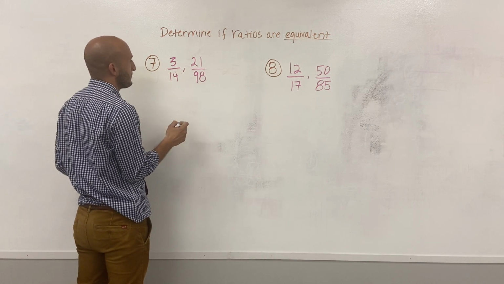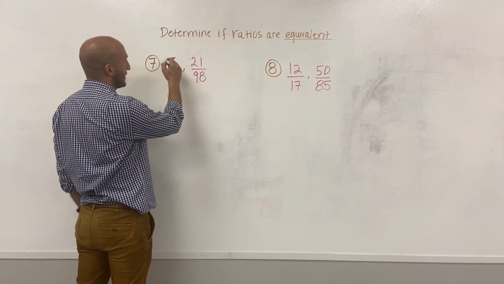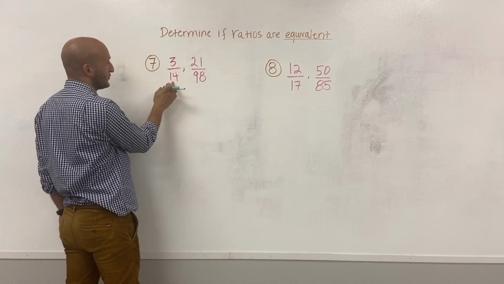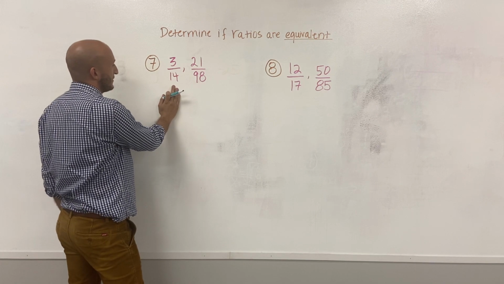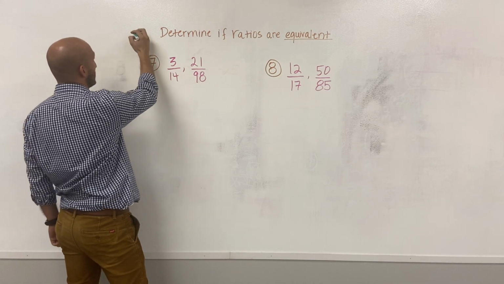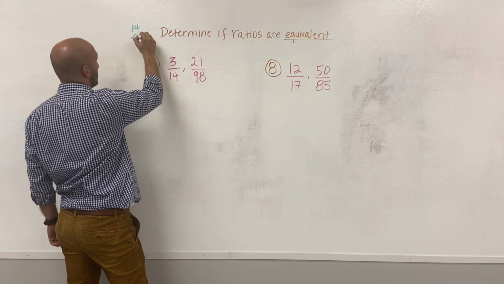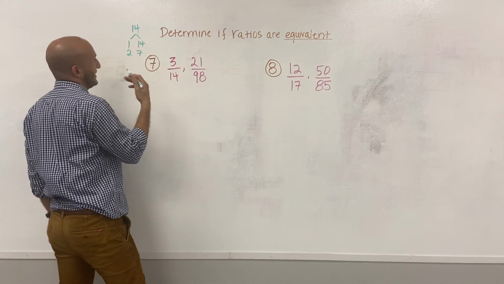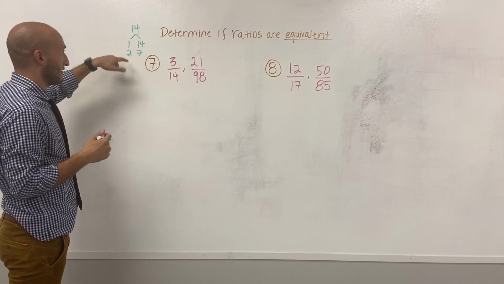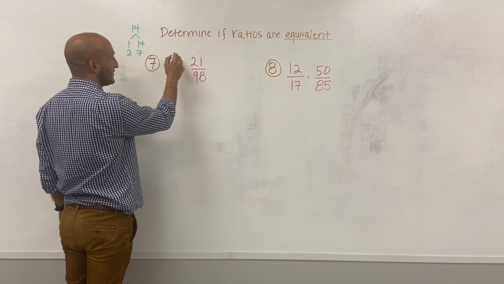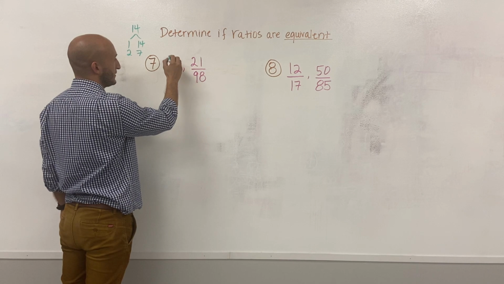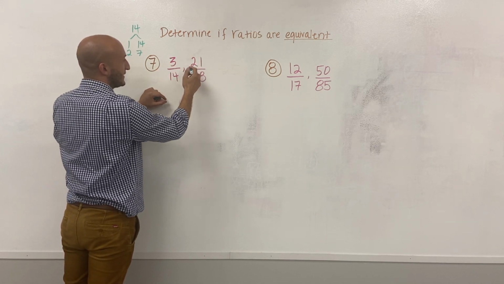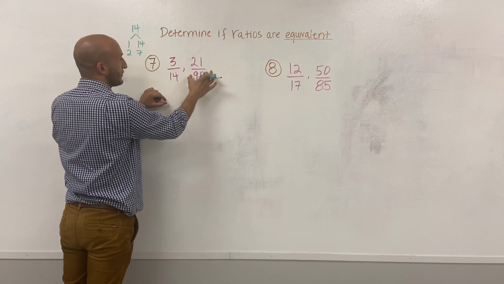The first way is, I take this smaller number and ask myself, does 3 go into 14? No, right? For 14, I only have 1 times 14, and 2 times 7, and that's about it. There's no 3 there, so this is the simplest. I can't go any simpler than this. So I'm gonna try to get the bigger numbers